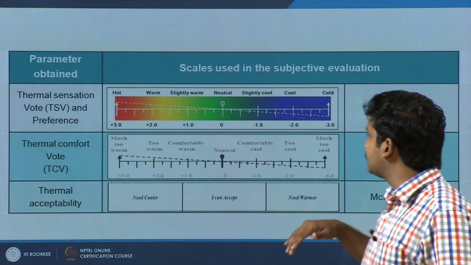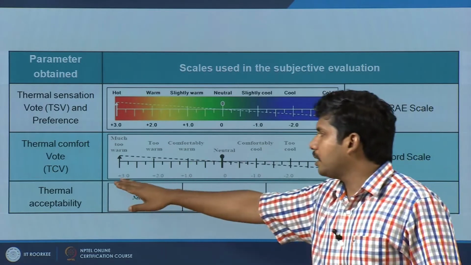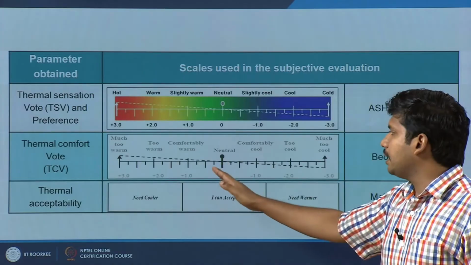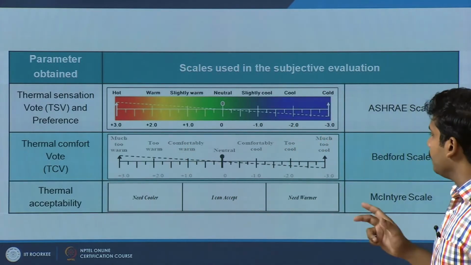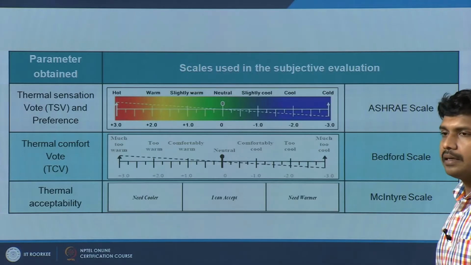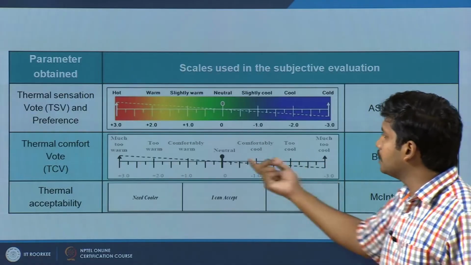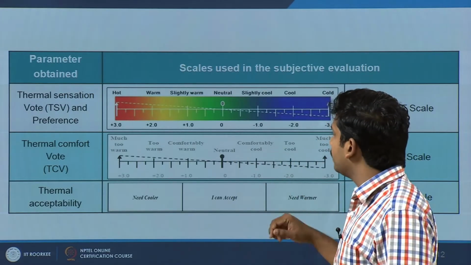The next particular scale which is interesting is the Bedford scale. This looks alike in terms of the numbers, in terms of the balance. It is also a 7-point scale starting from 0, -3 on one side and +3 on the other side, but there is a small difference. In fact, it is a major difference when people answer for this, a small difference in terms of the verbal variations which are put in here.